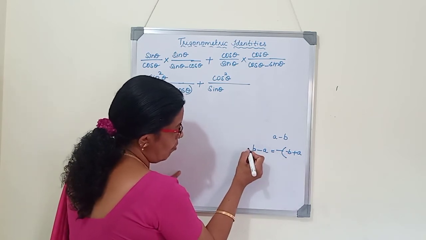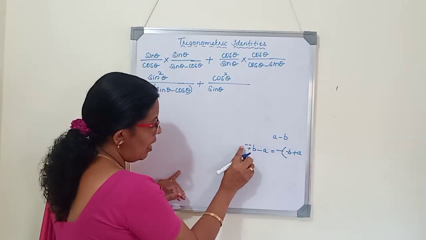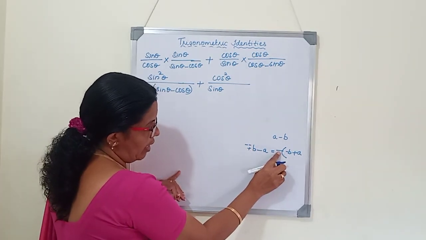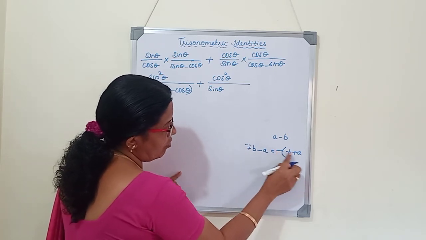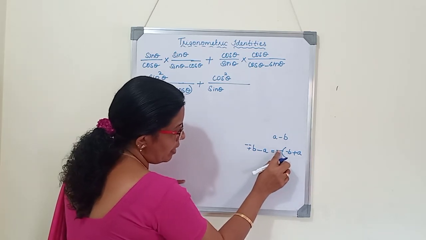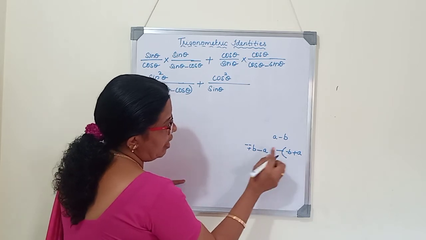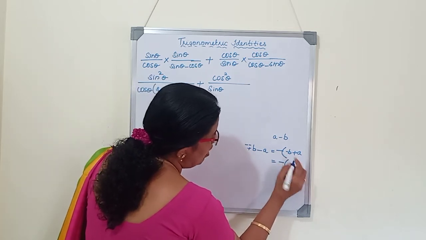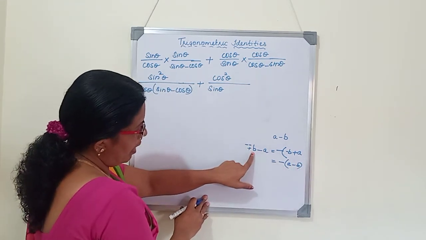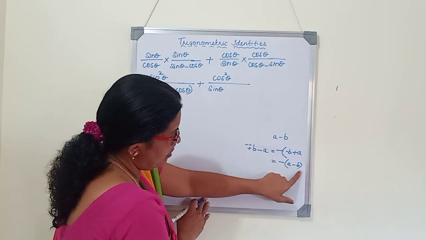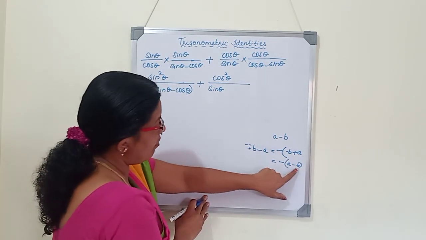We already know the product of two negative signs gives plus. So from these two minus signs, one minus sign I have taken outside, the remaining will be minus b, and this minus already taken outside, so it is plus a. When we multiply the signs inside, minus into minus is plus, and minus into plus is minus. Now this is nothing but minus b plus a, I can write it as a minus b. So b minus a can be written as minus of a minus b, by writing a common minus sign outside.